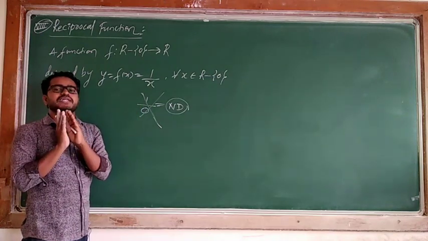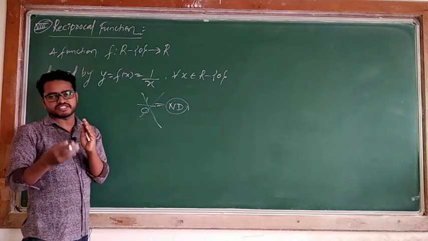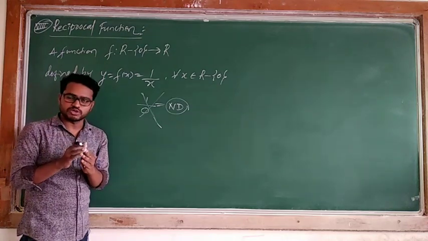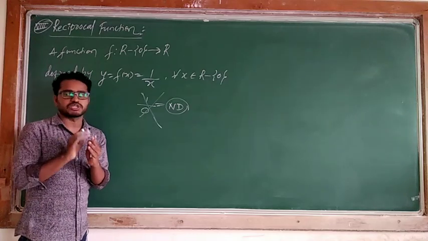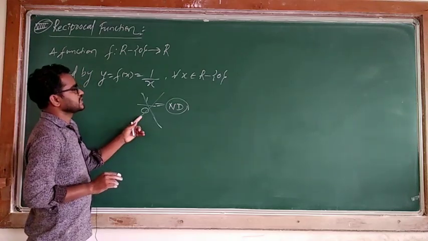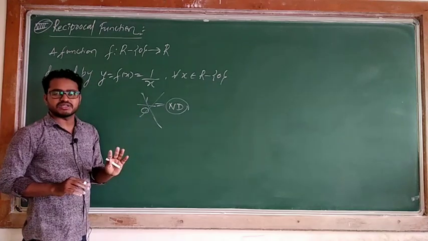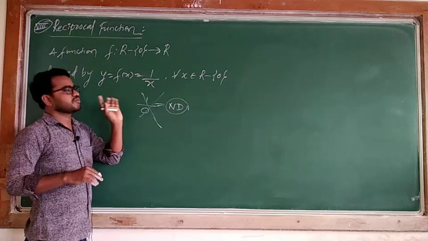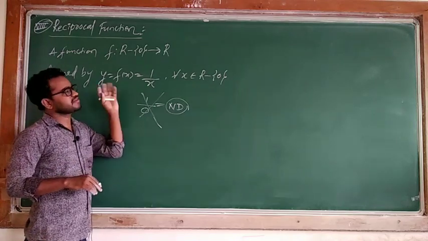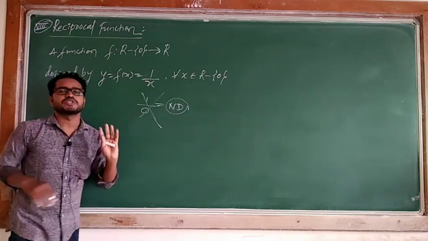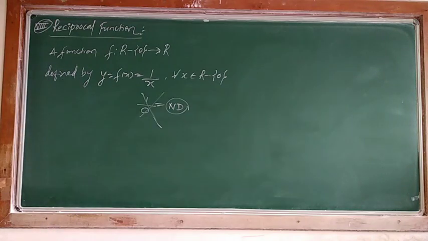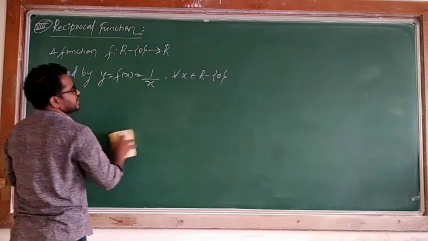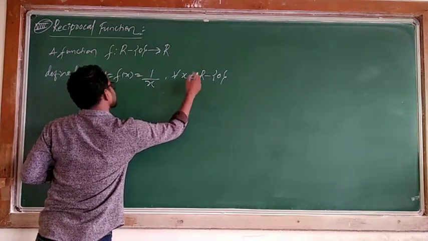Domain is always a defined number. While taking x values, you observe whether it is possible to define or not. If it is not possible to define, you leave those numbers. So I am leaving x equal to 0, because for any other number it is defined. 1 divided by 1 is 1. 1 divided by 2 is 0.5. 1 divided by minus 2 is minus 0.5. Whatever you take, you will get a value. Only 1 divided by 0 is a problem, so I am leaving that number 0. For that reason we are saying x should not be 0. You can take any other number.